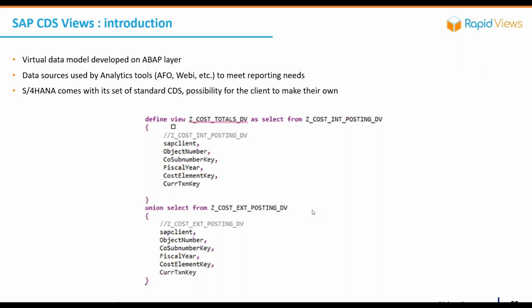Actually, CDS view is used to develop Fiori tiles and applications directly on the S/4HANA system. CDS view is used to develop the embedded analytics and the analytics tile to give a chart, a table, or a KPI accessible directly through the S/4HANA system. And CDS view is the only way to extract data from SAP tables and to download this data in a BI reporting tool.